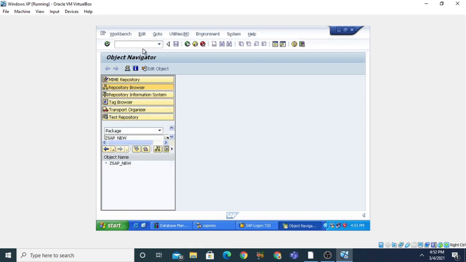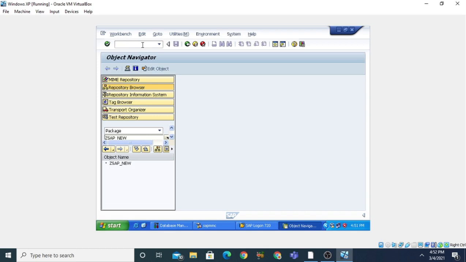For creating a new program in the SAP ABAP editor, you need to select the particular workbench tool, and the workbench tool for the ABAP editor is SE38. By this transaction you can open the ABAP editor. When you press enter, it will not open SE38 because we are currently in the object navigator.